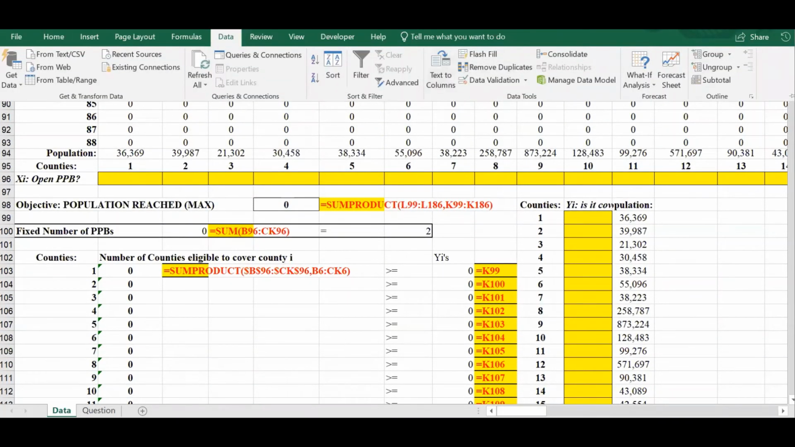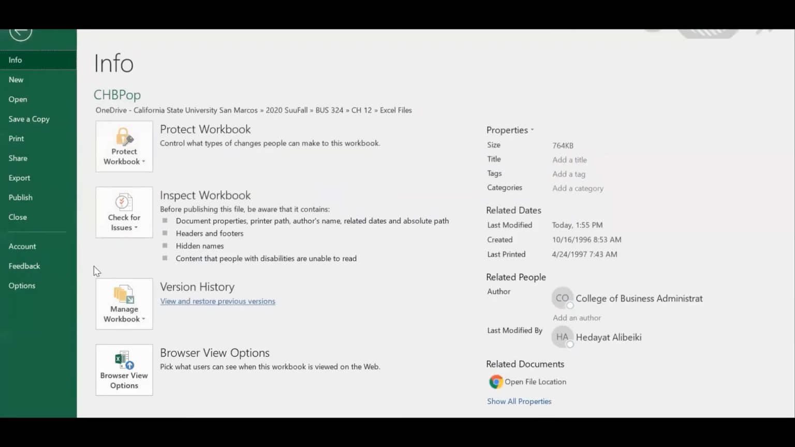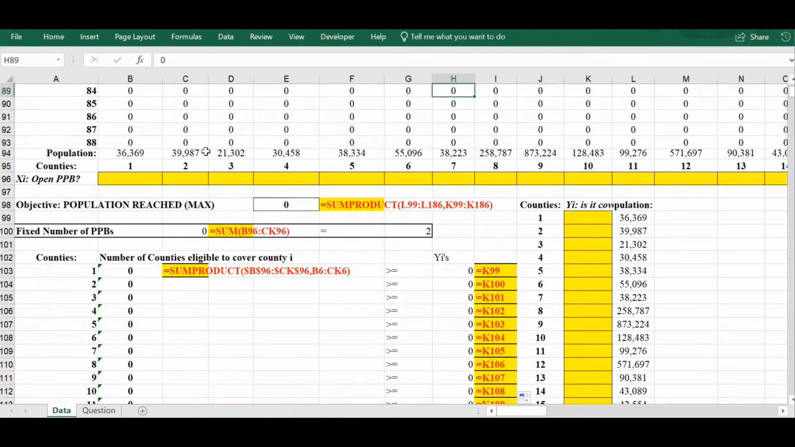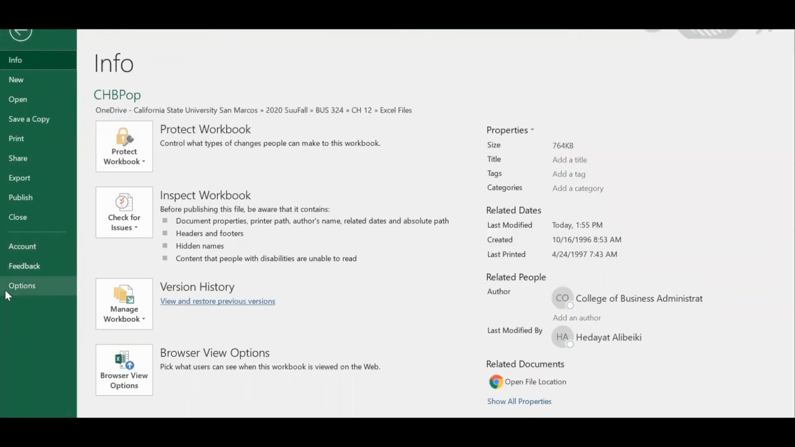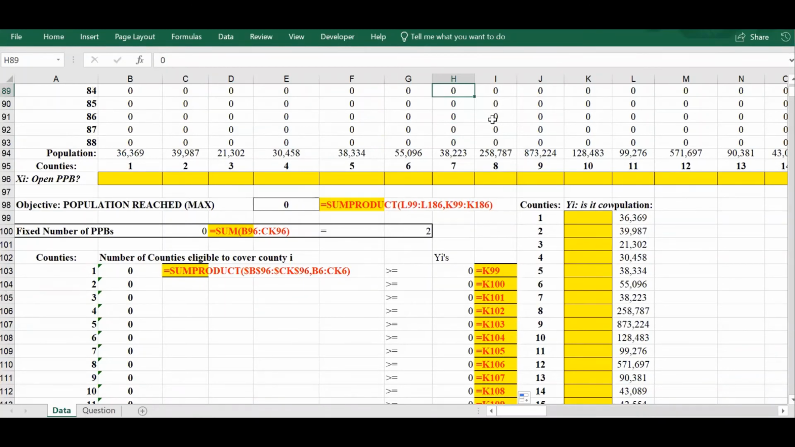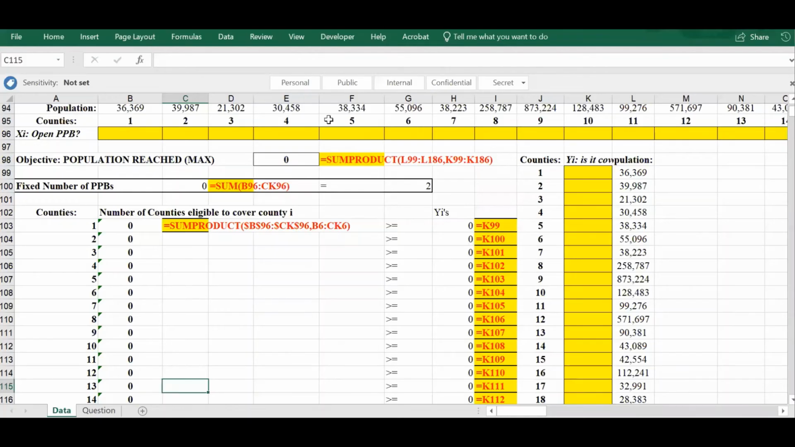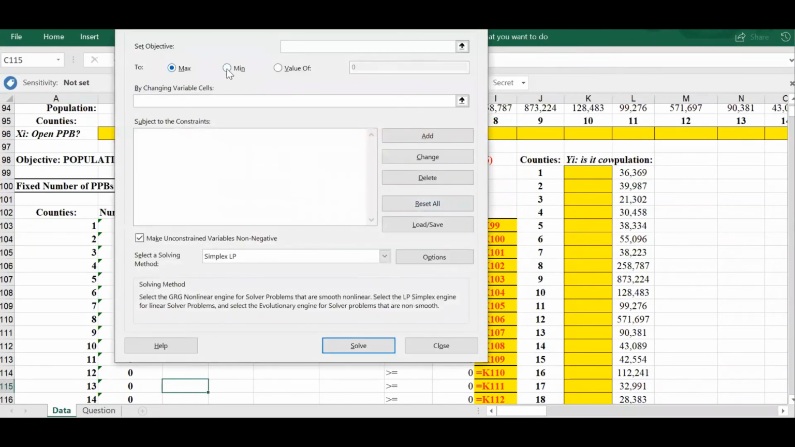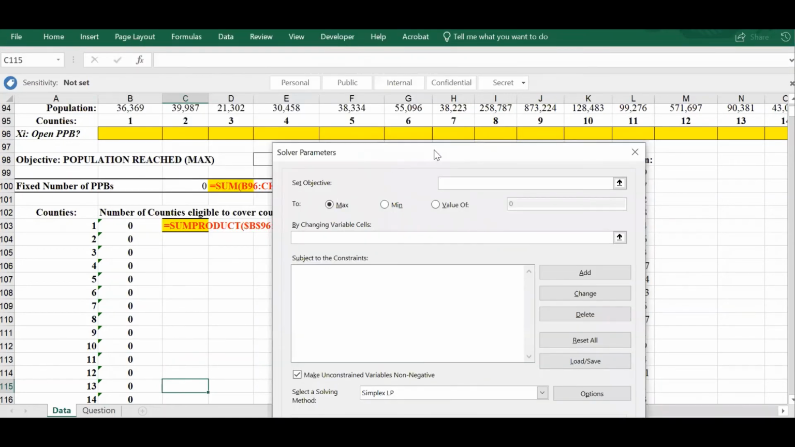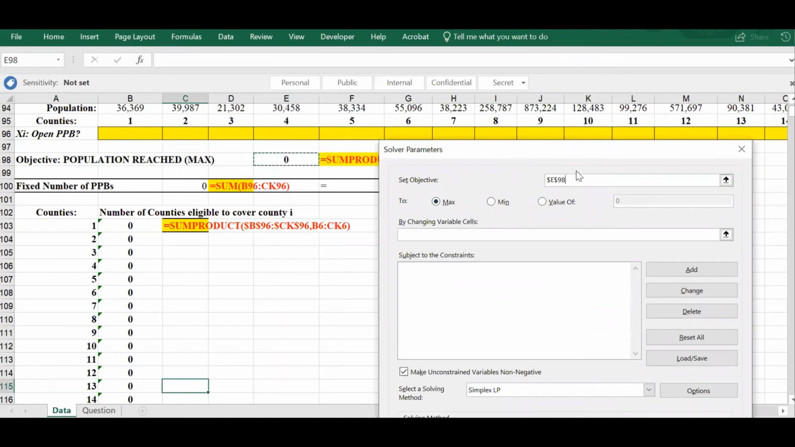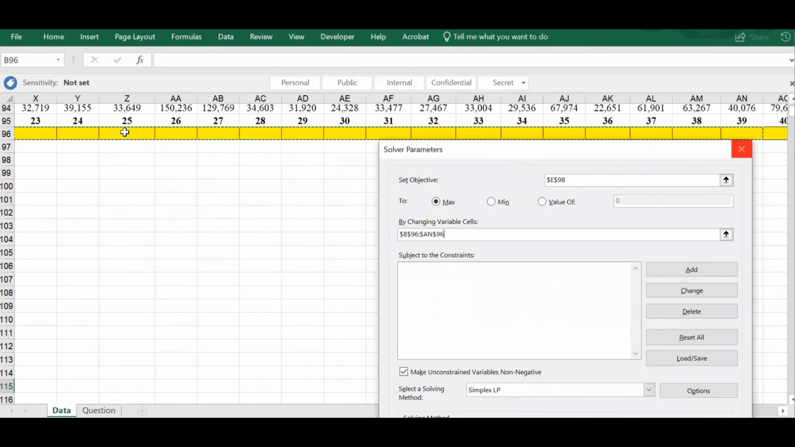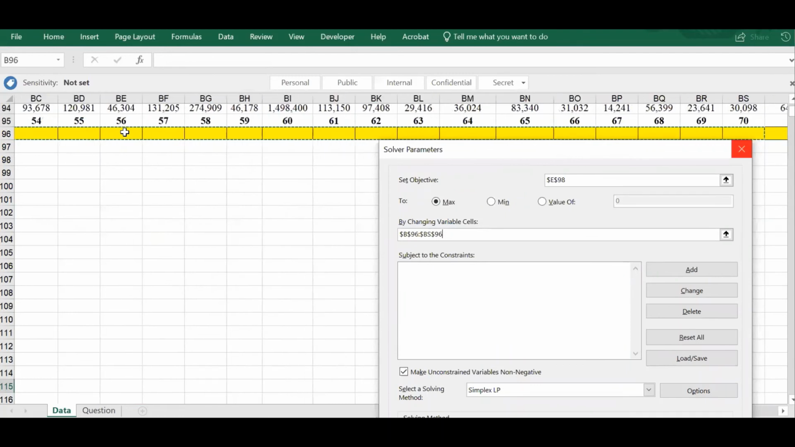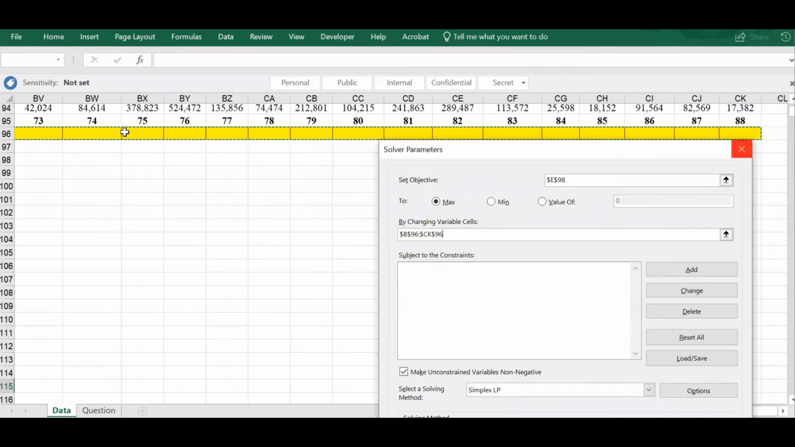So data tab. I don't have my solver, so I have to go back at it again. File, options. So now let's go ahead and put everything in the solver. So I want to maximize the population reached. So maximize the objective function by changing the xi's all the way to x88,